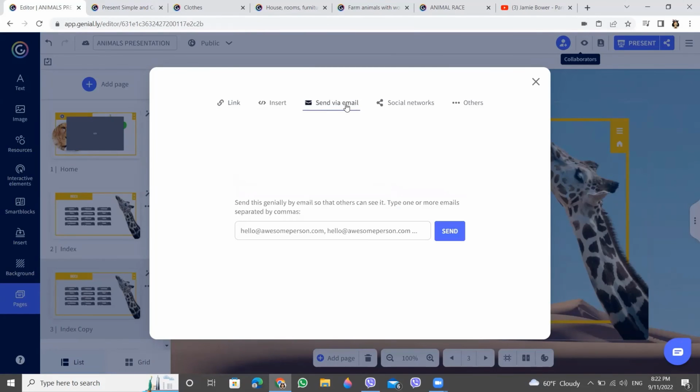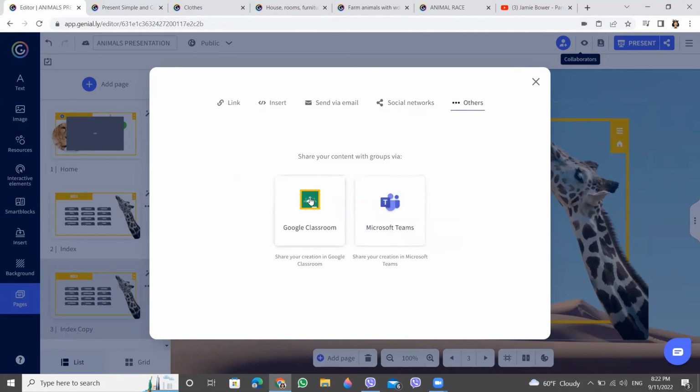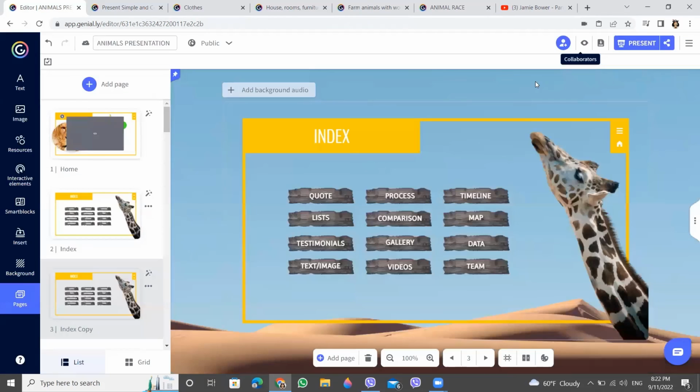You can send it by email. You can send it to social networks, and I wanted to point this out. You can share it with your Google Classroom or Microsoft Teams accounts if you use it in your schools. Okay, that's it. Now it's public, and let's see, when we are on this first page of a Genially account,